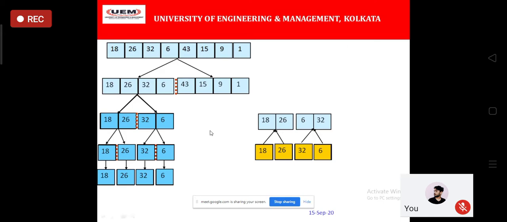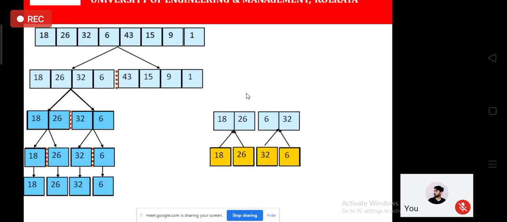So how will things be done? See, if I start with this array, I will compare 18 with 6. Okay, 6 is smaller. So we'll take the 6 first. Then the pointer, or the index variable, which is pointing to this array will proceed to now 32. But for this array, it is pointing to 18 only. So now 18 will be compared with 32. Okay. And you can see that 18 is smaller, so 18 will be taken here. Fine.